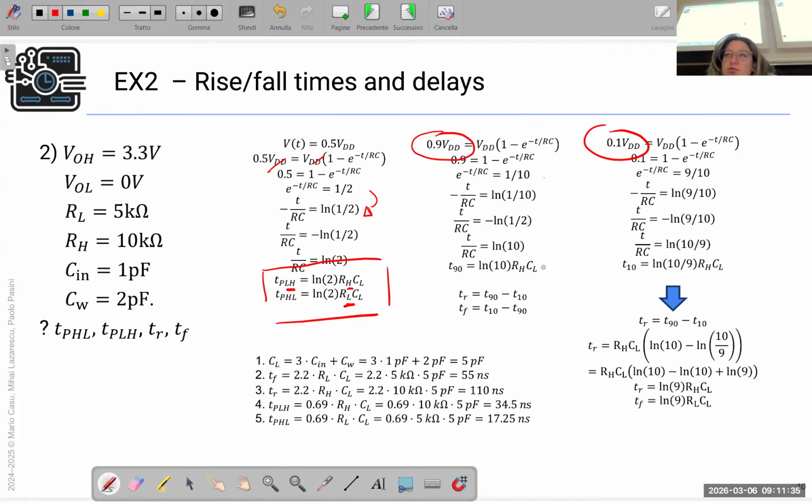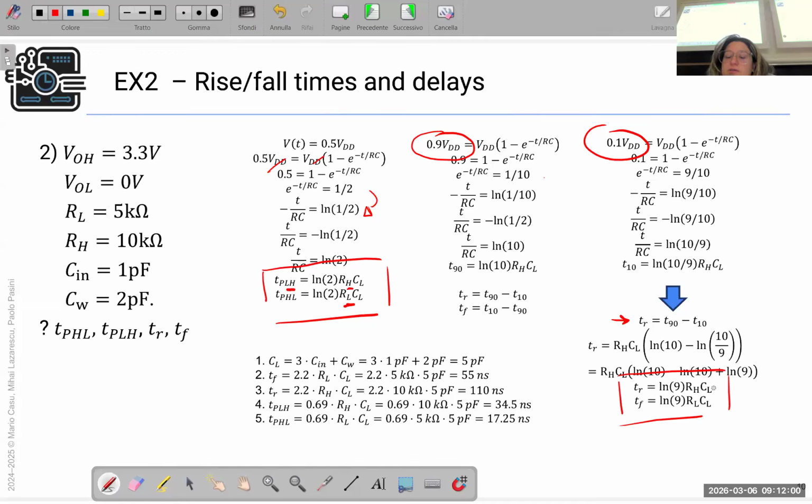Let's do the same trivial algebra to arrive at the solution. For example, the rise time is T9 minus T10. So with trivial algebra, we arrive at this formula, which is the logarithm of 9 R_H